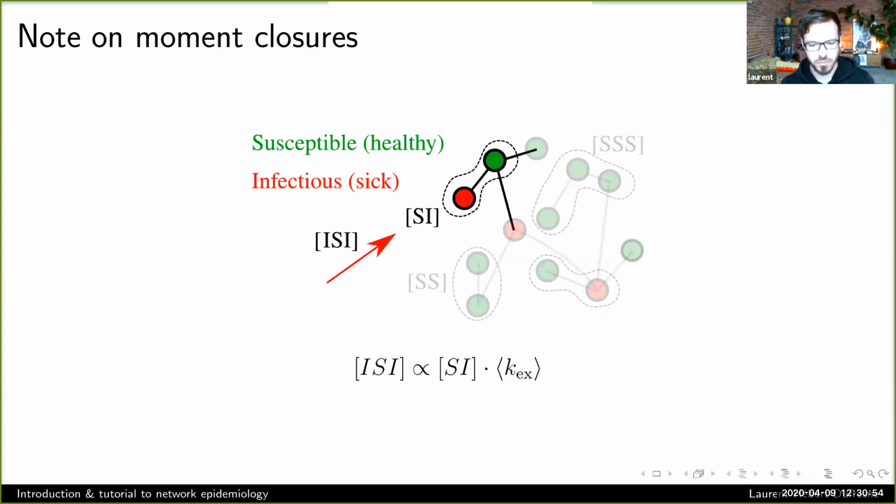And then they're also going to be proportional to how many edges go out of that one contact. And here, I could say that, well, maybe that number of edges going out is the average degree, the average number of contacts in my network. Maybe it's the average degree minus 1, because I already took an edge out of this green node. We don't know yet. We're just going to leave it as the average excess degree, so for other edges coming out of the node.